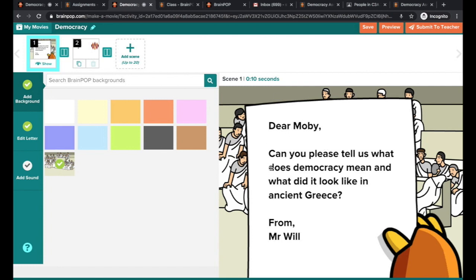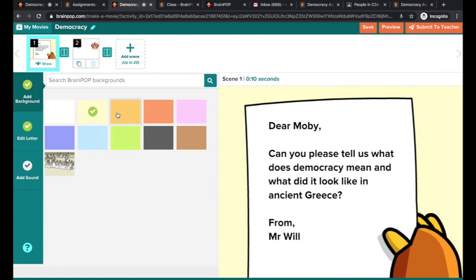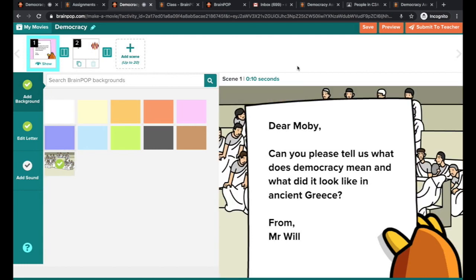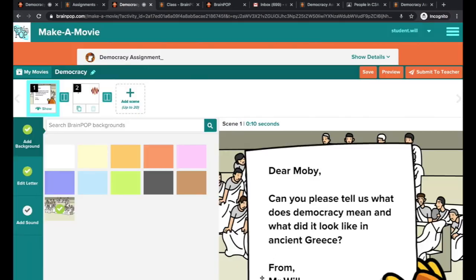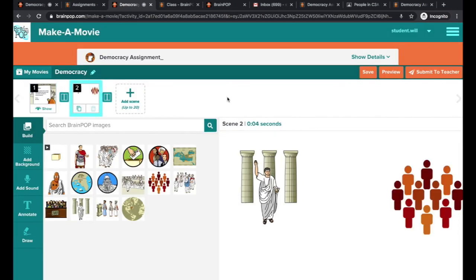with a letter. I've just written a letter here, and obviously you can change the background for the letter. I just chose that background because it's more interesting, but I can also edit the text if I want by clicking Edit Letter, and I can rephrase my question. Done. Then here along the top you can put all your different scenes, and you can have up to 20